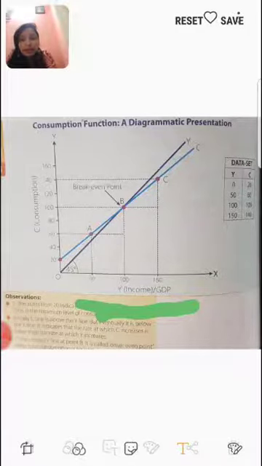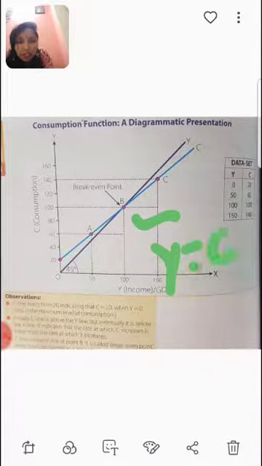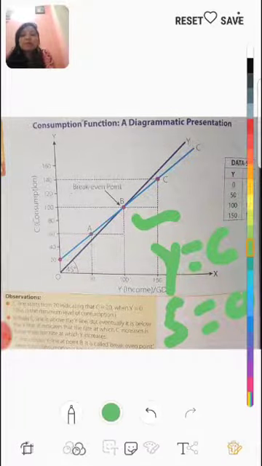Okay, and next is the C line, that is the consumption line, which will start from 20, and where both lines meet, जहाँ ये दोनों पॉइंट मीट होंगे, here is our break even point. Break even point means income equals consumption, and here saving equals 0. So student, up to this point, it means the entire income is spent on consumption, nothing is left. But after that point, there is a difference between both lines.